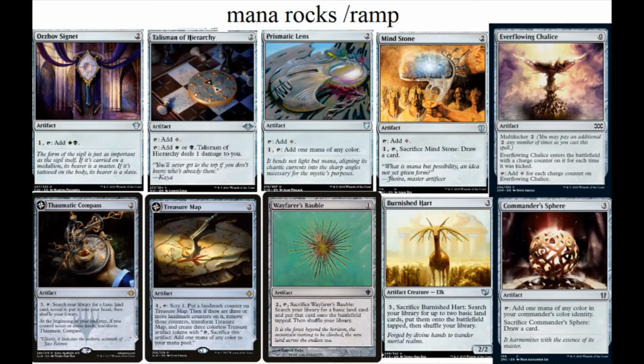kind of running out of options a little bit. Command Sphere was a little bit, in my opinion, above Worn Power Stone. Not so much for fixing as much as what some may think, because I don't think fixing is that big of a thing too much, but it is a little bit of a thing,